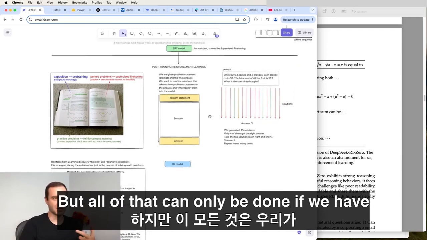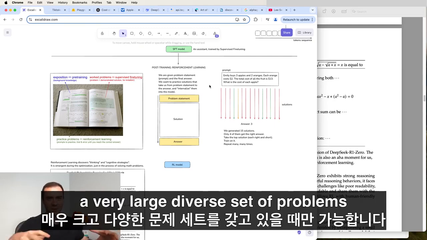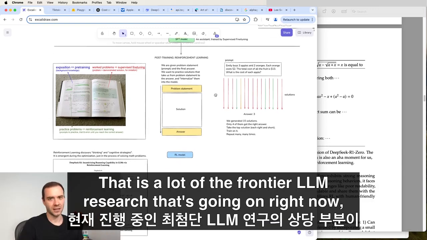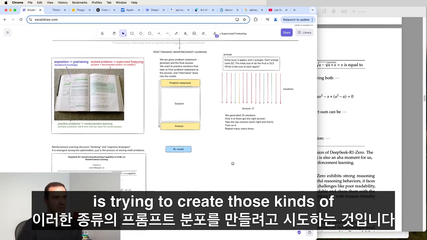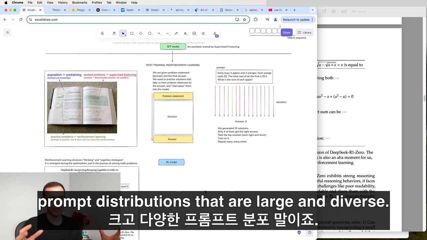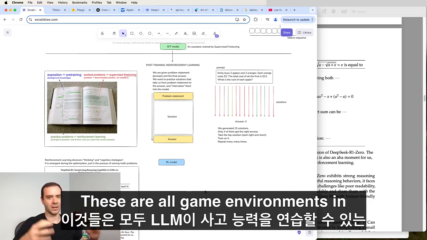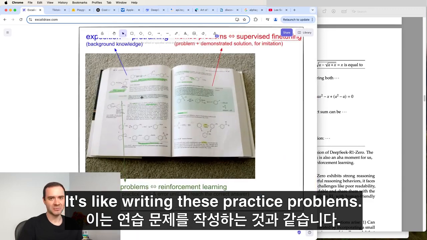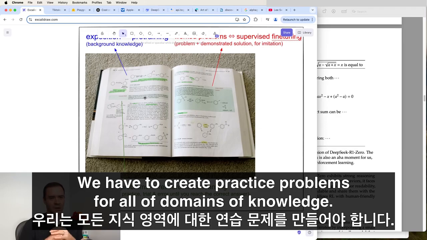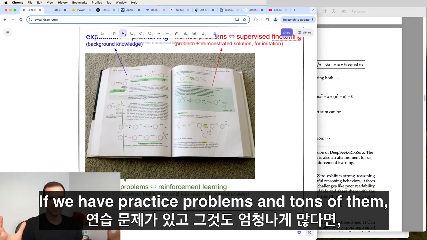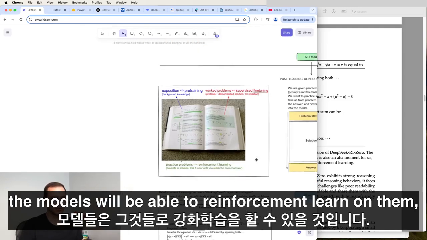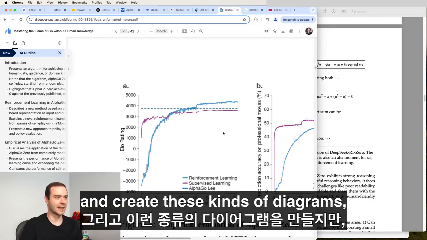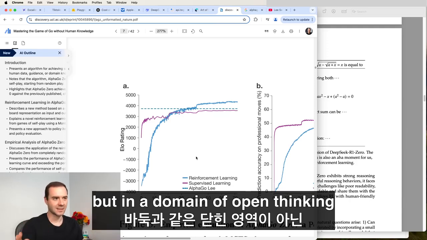But all of that can only be done if we have a very large, diverse set of problems in which these strategies can be refined and perfected. That is a lot of the frontier LLM research going on right now: trying to create those kinds of prompt distributions that are large and diverse. These are all game environments in which the LLMs can practice their thinking. It's like writing practice problems. We have to create practice problems for all domains of knowledge. If we have practice problems and tons of them, the models will be able to reinforcement learn on them and create these kinds of diagrams, but in the domain of open thinking instead of a closed domain